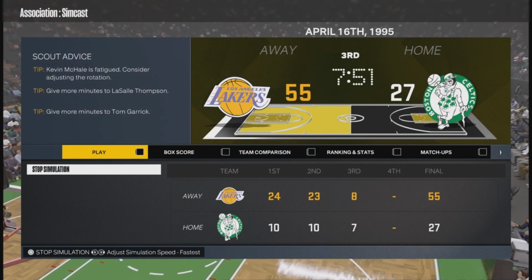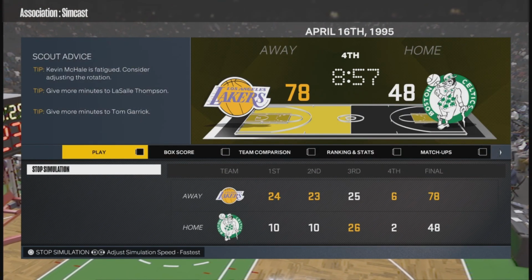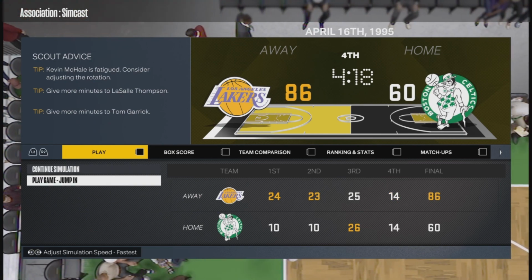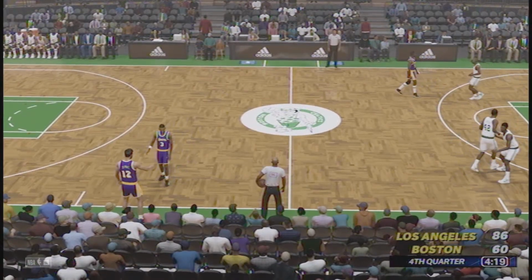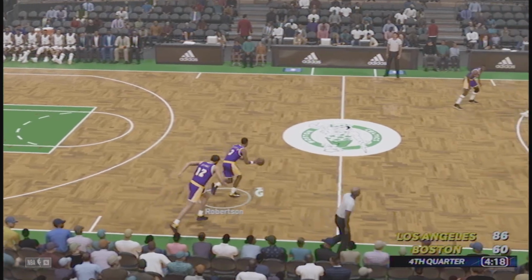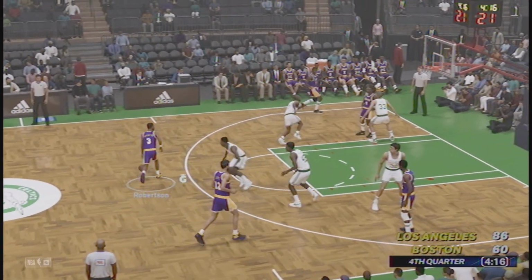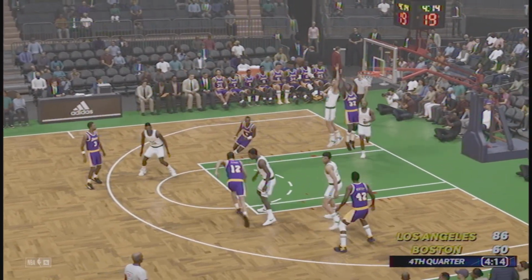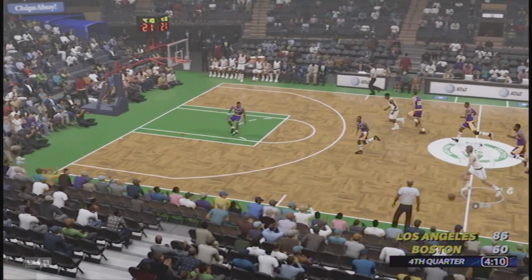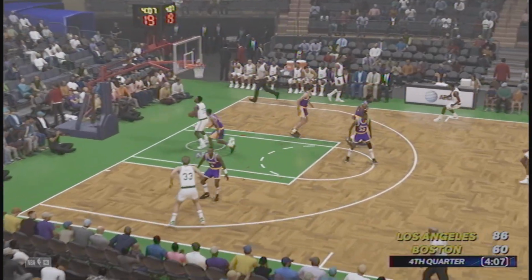Let's fast forward. I was really hoping this was going to be a cool final game. Lakers-Celtics, right? At least they scored 26 in the third quarter. Now they have 60 points. So that's like the bare minimum of respectability. If you're doing really badly in an NBA game, you want to at least score 60. Especially in the 90s, I remember games like that where you would see a final score like 88-66, something like that.